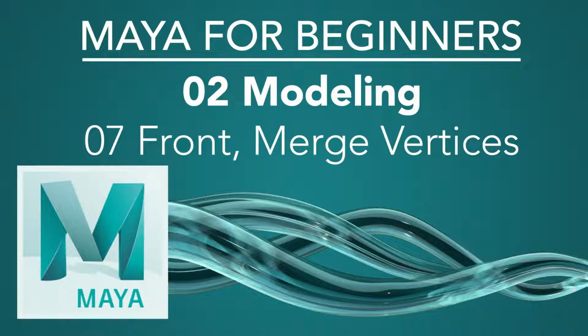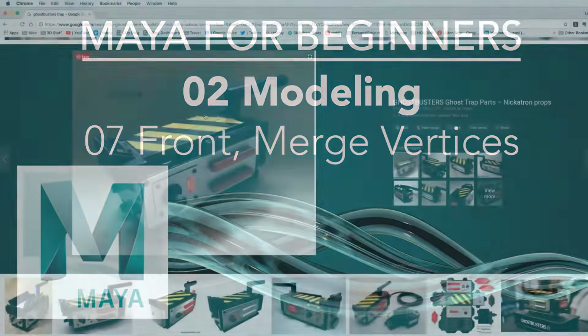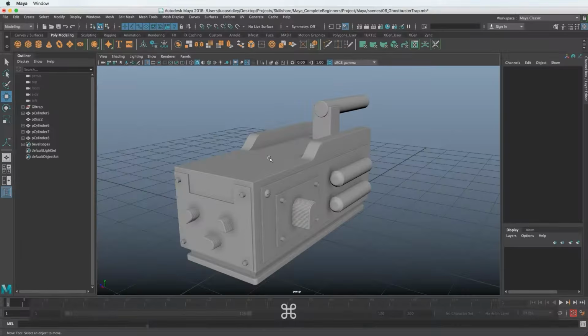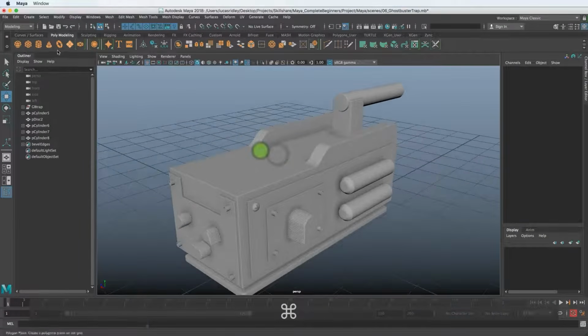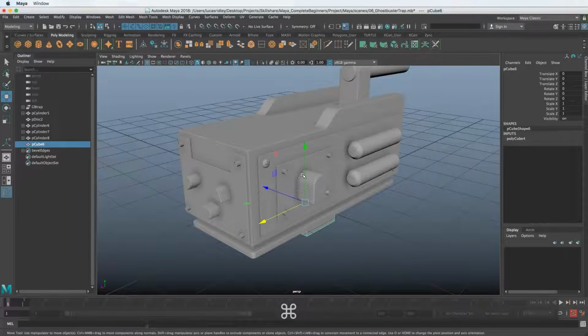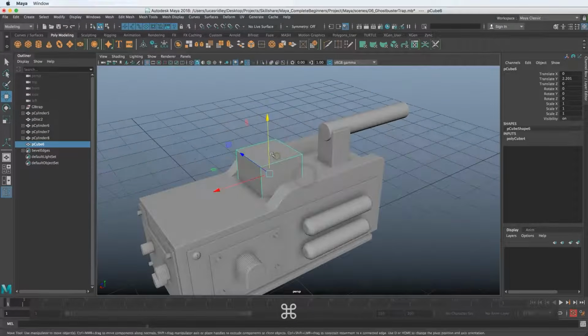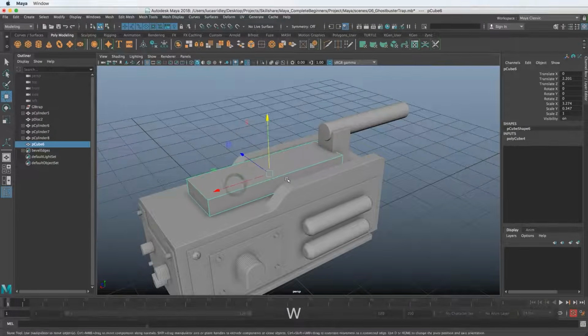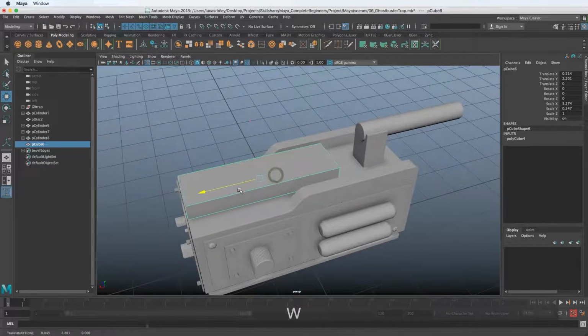Welcome to this lesson. In this next section, we're going to kind of speed model this top section where the doors will open and this front element here. So I'm going to model this as quickly as possible and just talk you through what I'm doing. First off, I'm going to make a cube, bring this up, and think about extruding this along the center here, just to make that first element where the doors will open from.